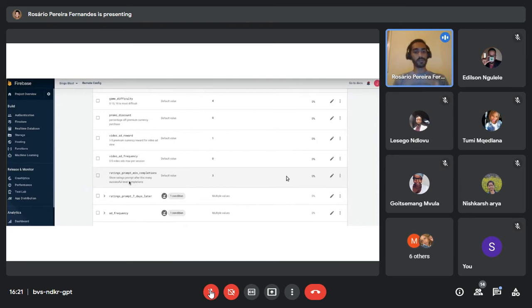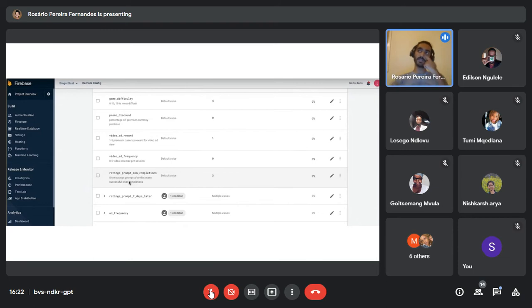As the description says, this is supposed to show a ratings prompt after this many successful level completions. As you can see, the value that is set here is 3. So in the game, if you complete 3 levels, you'll get a prompt asking you to rate the game.